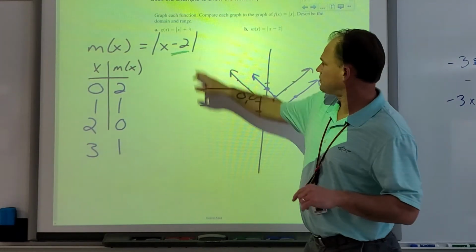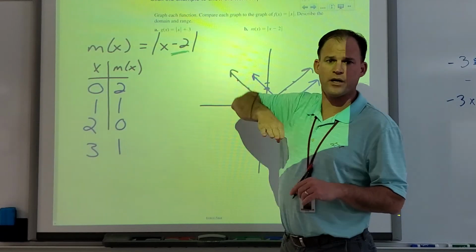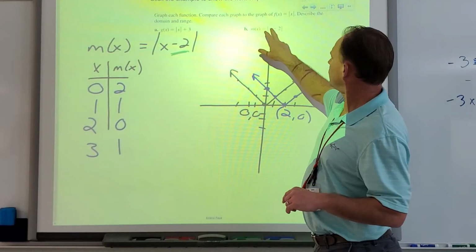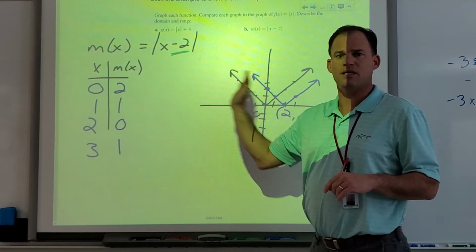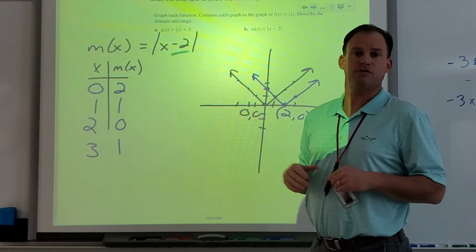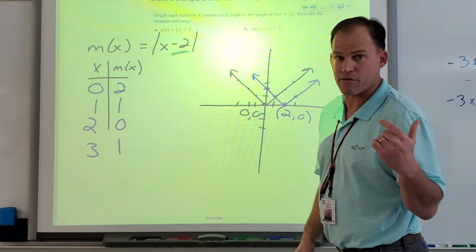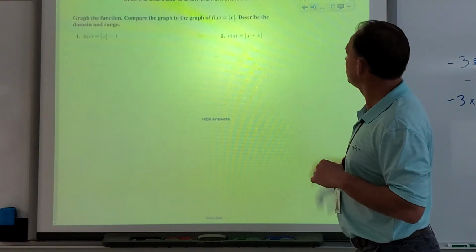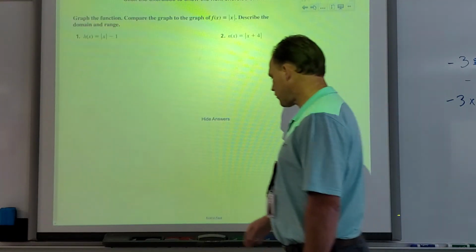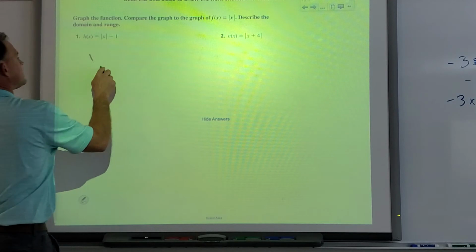So, the number outside the absolute value shifted us up and down. The number inside the absolute value shifted us opposite, but left and right. Very important. It's going to make graphing these go a lot faster. So now, I take a look at this first one. It says